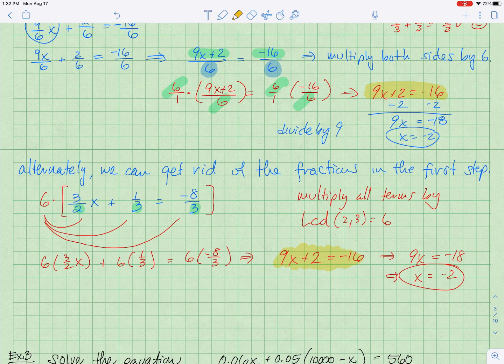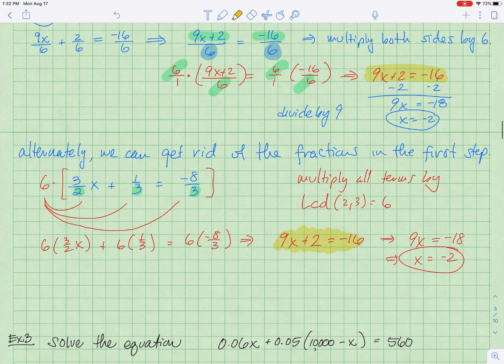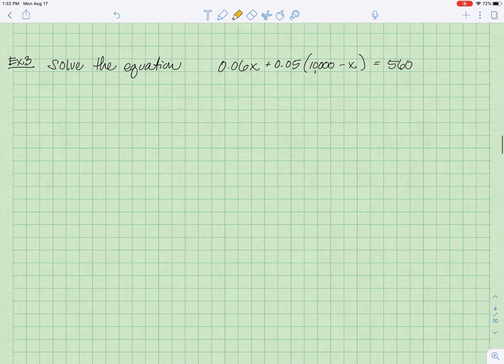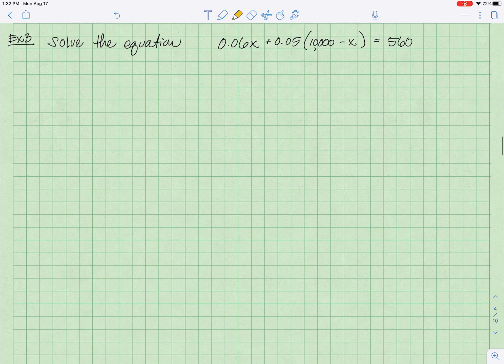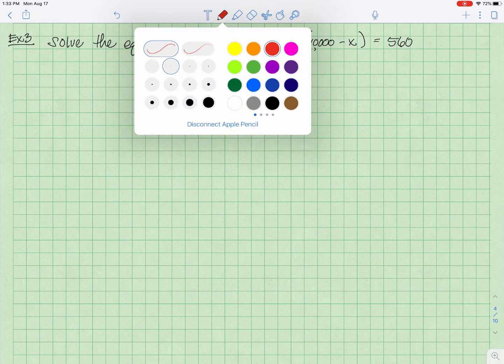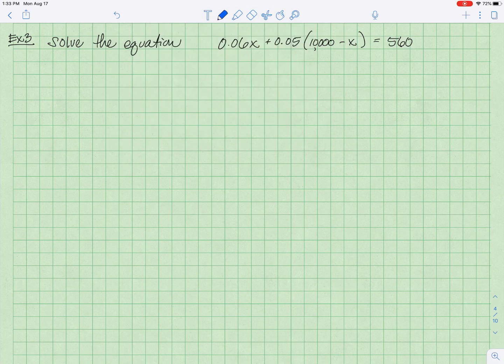In a similar way that we just dealt with those fractions, we can do the same thing with decimals. In example 3, we have many different decimals here. 0.06x plus 0.05 times 10,000 minus x is equal to 560. What I suggest you do, and it's often what you do when you're solving any kind of puzzle, right? You dump out the box and you count all your pieces and you take stock of what you have. So in this instance, we might first